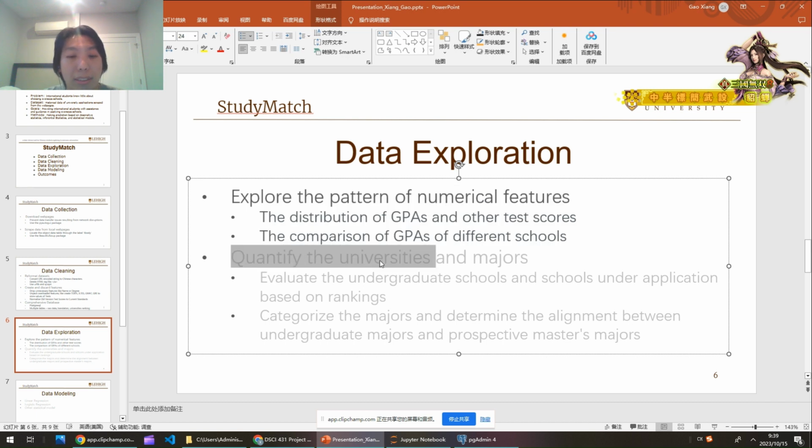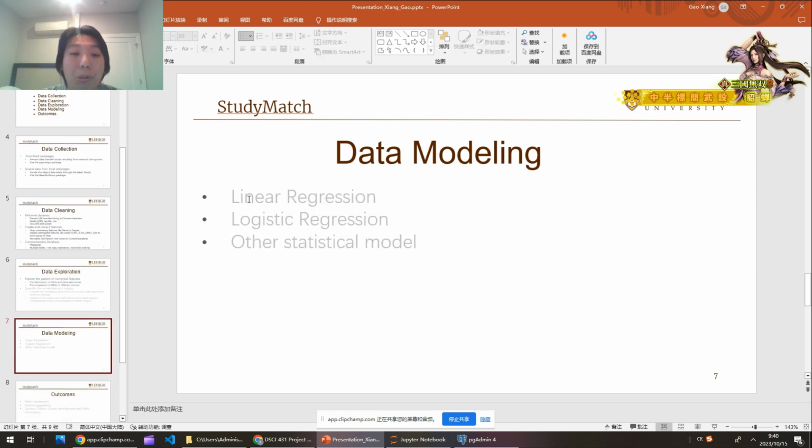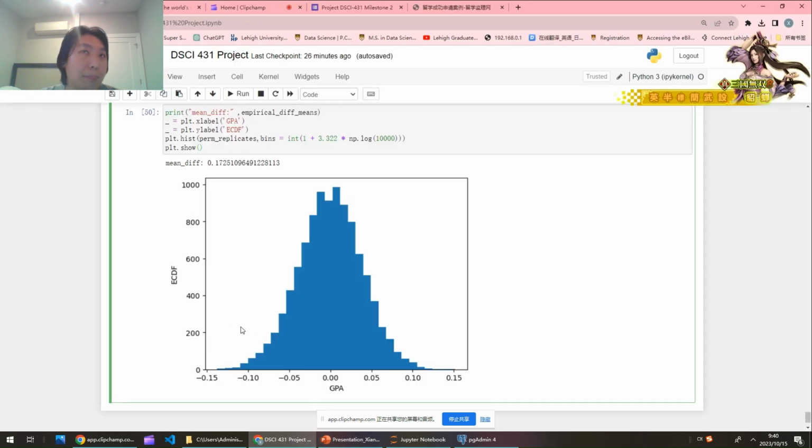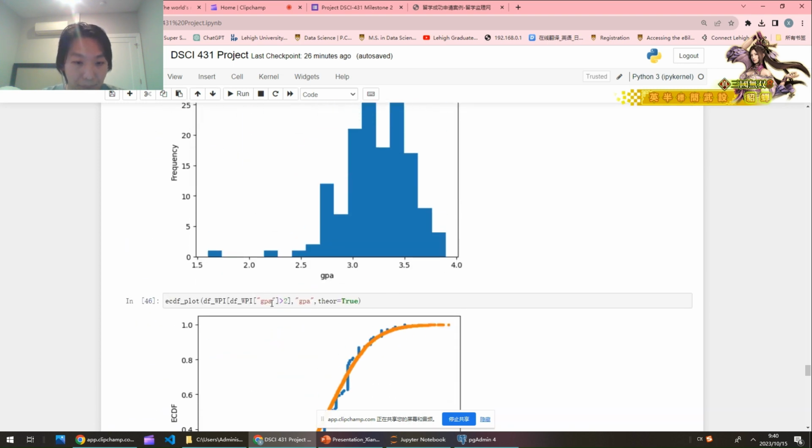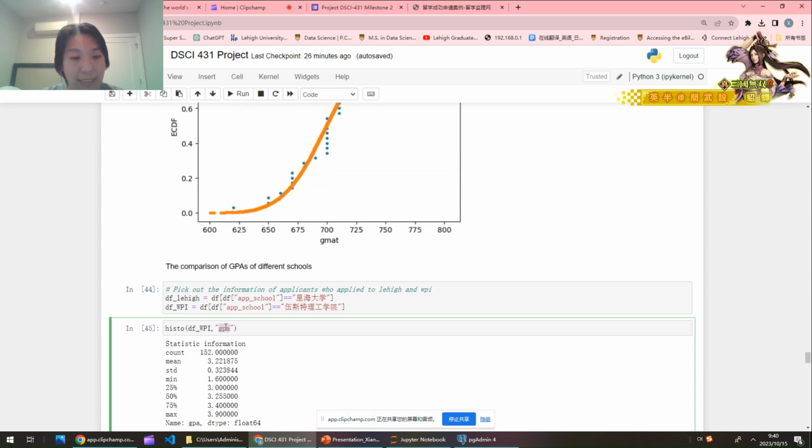And after that, I will also quantify universities and majors to do more analysis, more data exploration. And after that, I will use linear regression, logistic regression, and other statistical models to develop algorithms and make predictions. For example, I will make a prediction based on students who have, say, a 3.0 GPA and